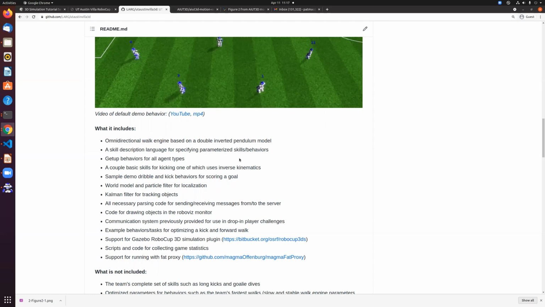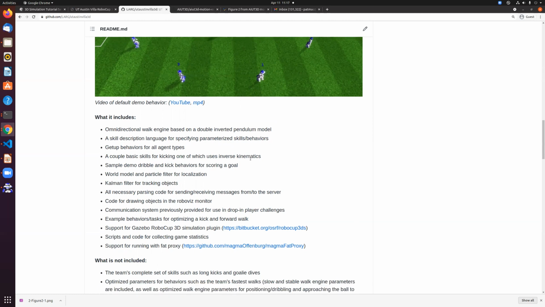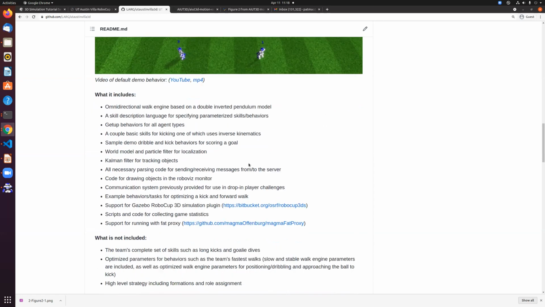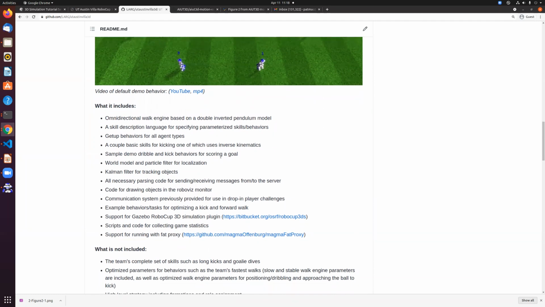There's also a skill description language for specifying parameterized skills and behaviors. These are things like kicking a ball or maybe even a goalie diving behavior. And I'll talk a little bit more about that in a bit. We have get up behaviors. When your robot falls over, you need to be able to get up again. We do provide in this code base some basic kicking skills. We just saw this sample, or actually, we also provide some demo behaviors for just dribbling and kicking a ball